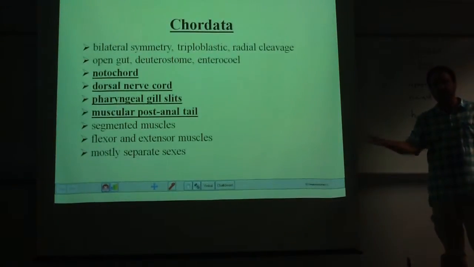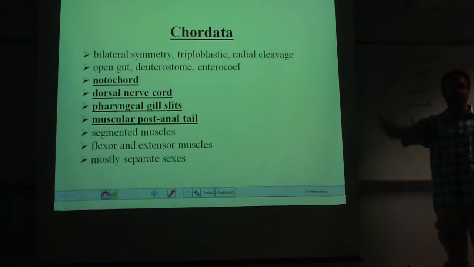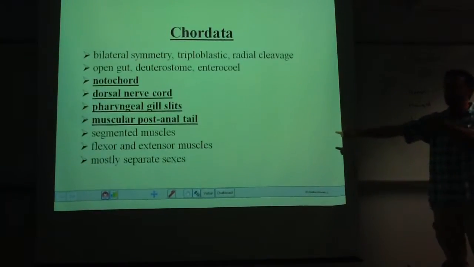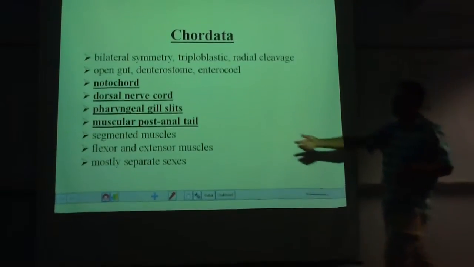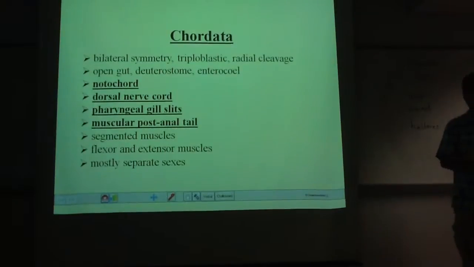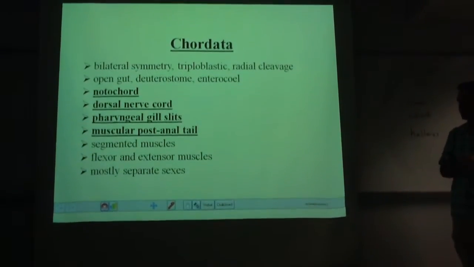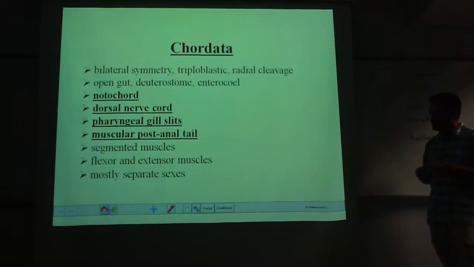They have jointed skeletons typically. If you have a jointed skeleton, you have to have muscles that work in antagonistic pairs to bend and straighten joints. A muscle that bends a joint is called a flexor. A muscle that straightens a joint is called an extensor. So just like arthropods that have jointed skeletons and have flexors and extensors, you have a jointed skeleton, so you have flexors and extensors. There are exceptions to this.